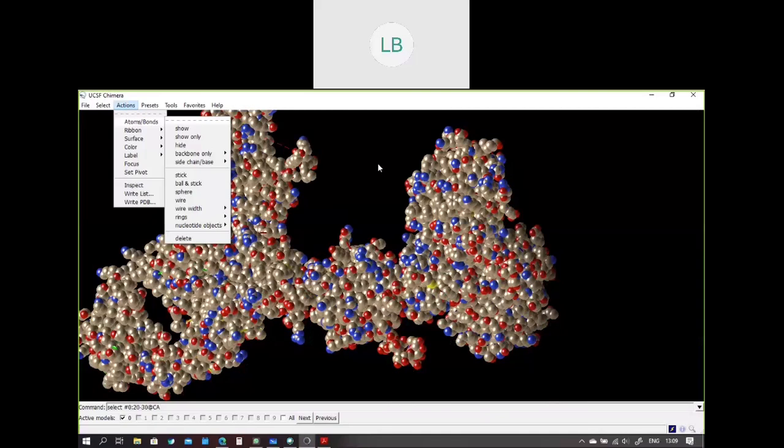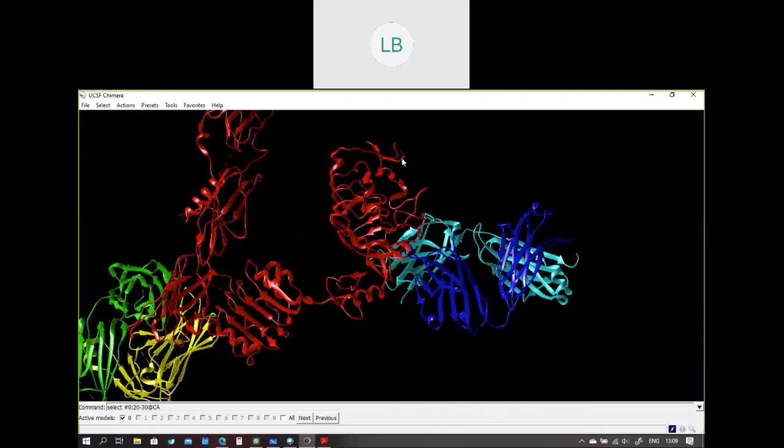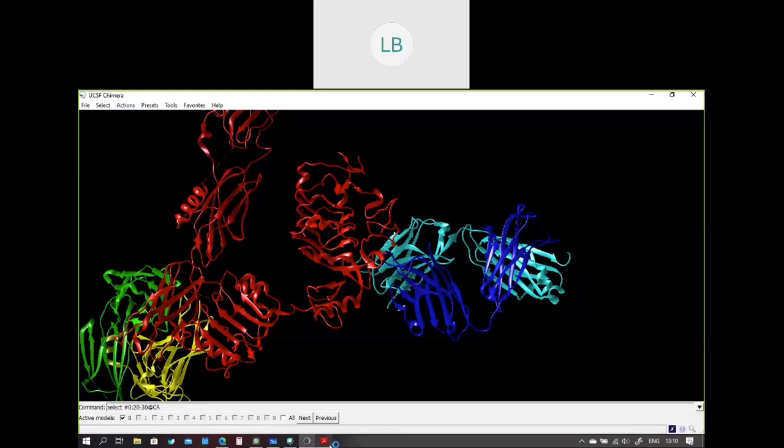But the thing is, we need to be very careful while using this because if you press this by mistake, it will delete all the atoms. That means all the structure is gone. And if you are working with, let's say, some big models like this, it will be quite problematic. So this is a useful function, atoms delete, but you need to be a little careful while using this.